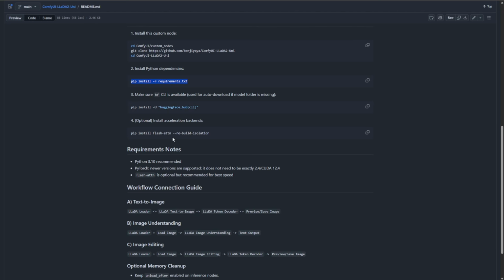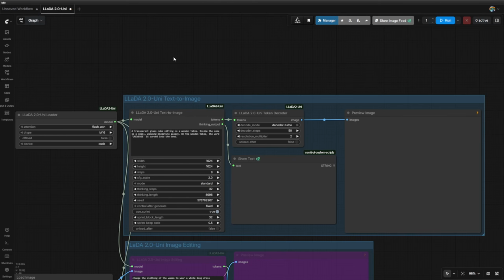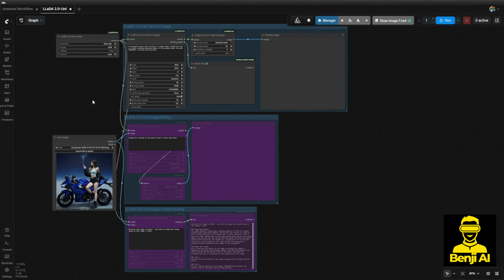And the last step is flash attention. That's optional. If you have it installed, great. If not, I've built in a fallback to SDPA, which is already included in PyTorch by default, so it won't only support flash attention. Now looking at the ComfyUI workflow, I've set up a diagram that includes all the features